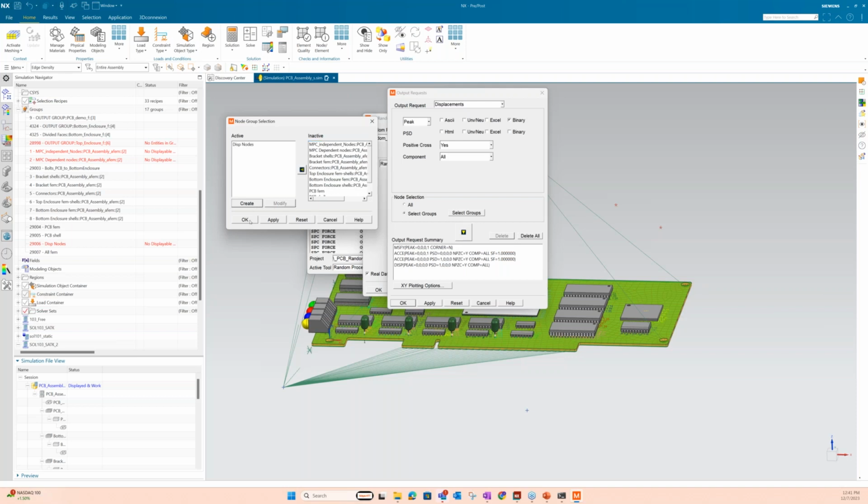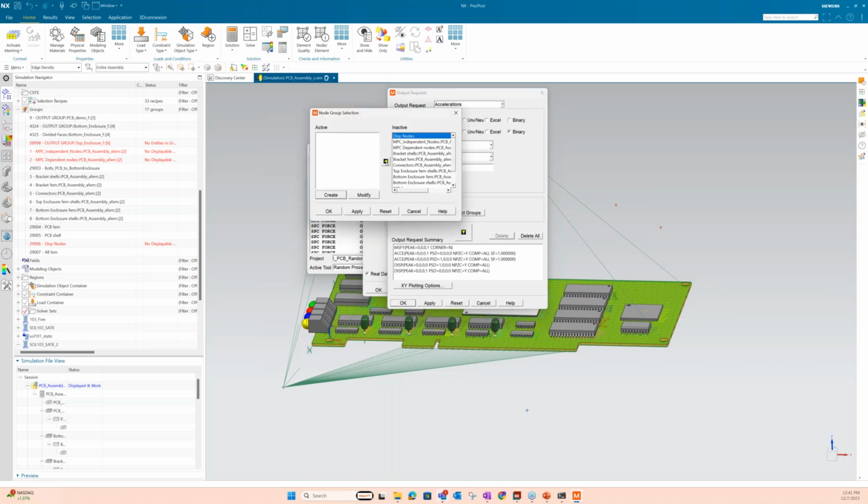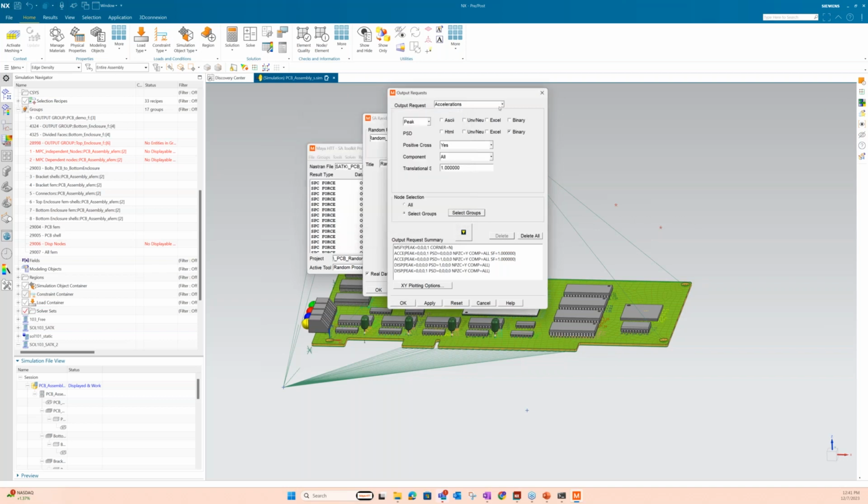And then actually, I think I forgot, I want to see acceleration binaries too, because I want to be able to read in these displacement PSDs. One of the nice things here is I can just keep coming in and adding a whole bunch of results because it's pretty fast, and I can look at all this together.